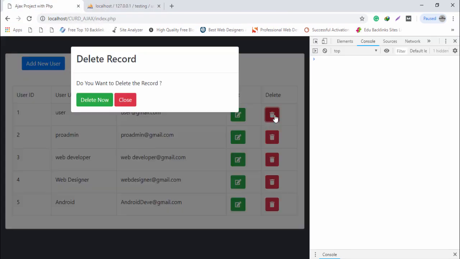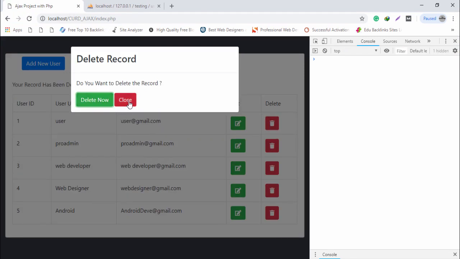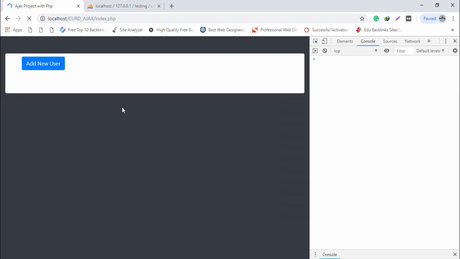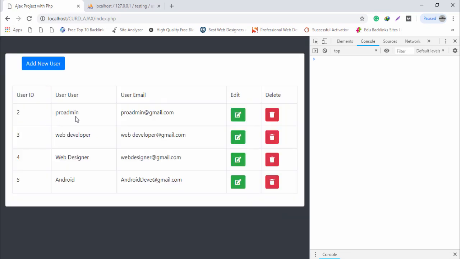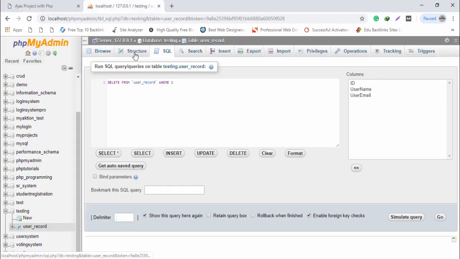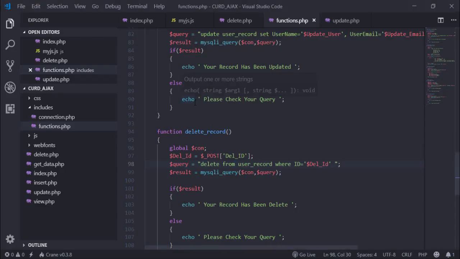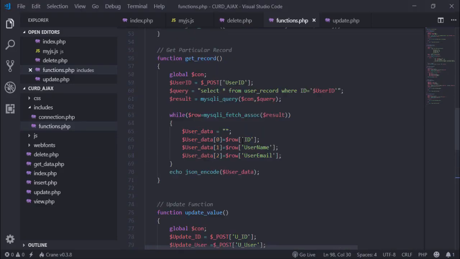I click delete now. Do you want to delete the record? Yes, your record has been deleted. Let's check it now. Number one record has been removed from the table. Let's check it now in the database. I call user record. As you can see guys, the record has been removed from the database, but we need to also use the view function,